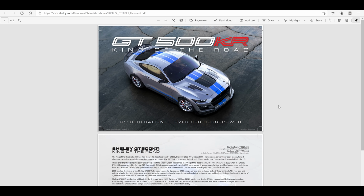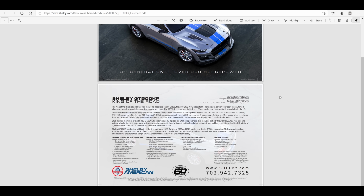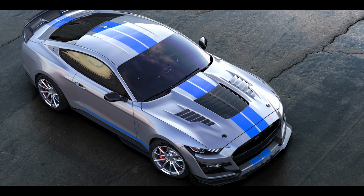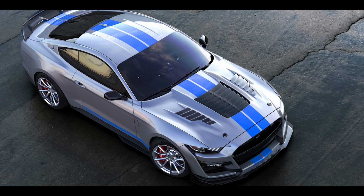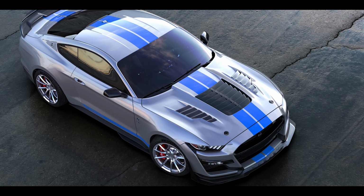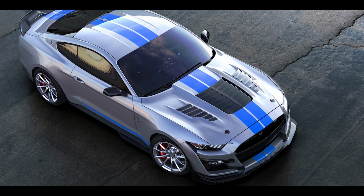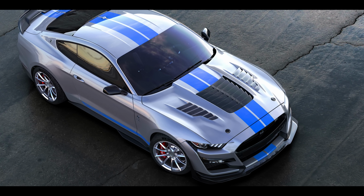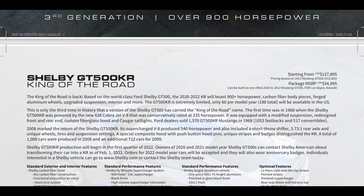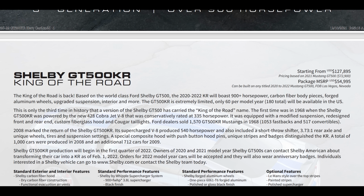This is the official GT500 King of the Road brochure, and as you can see right in front of us, that hood looks pretty dang cool. Very impressive, very similar to the Anderson composite carbon fiber hood I have seen. Our good friend Joseph Gatt has the same exact hood, or at least it looks like the same exact hood in my opinion. Scrolling down, as you can see right here, the starting price for the King of the Road is about